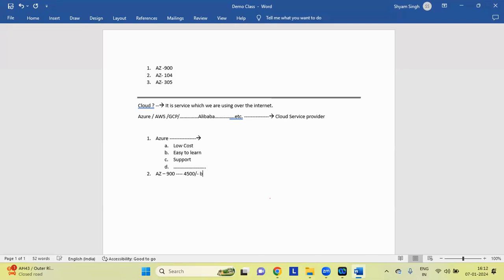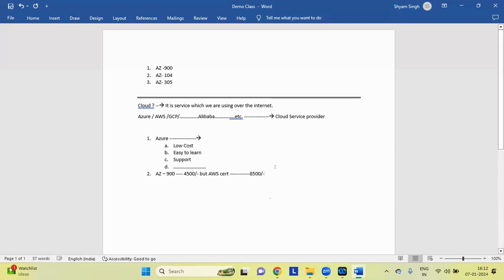But the AWS basic certification, that is Cloud Practitioner, will cost you 8,500 something. Okay, so you can see that. And Google is more than that.